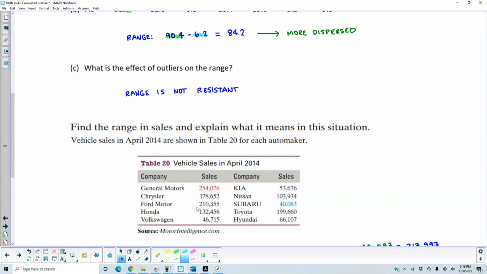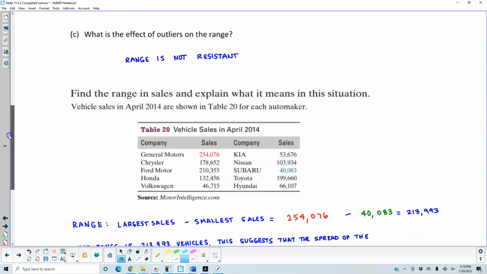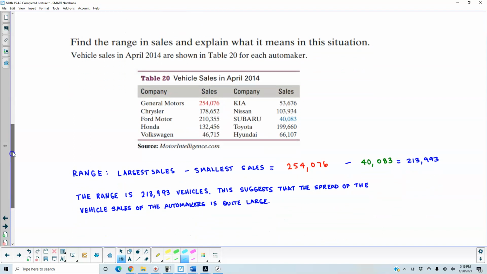Now another example states here, we want to find the range in sales and explain what it means in this situation. Vehicle sales in April 2014 are shown in Table 20 for each automaker. So for Table 20, we have the vehicle sales in April 2014. We want to find the range. So the largest sales